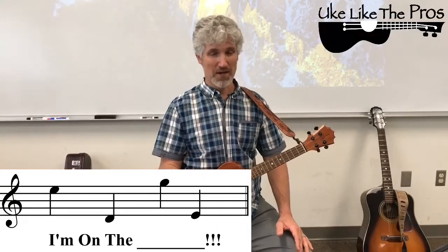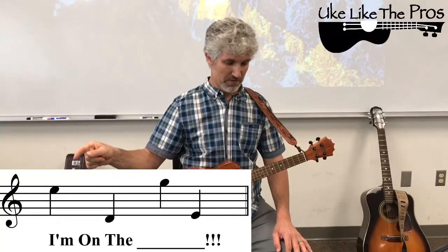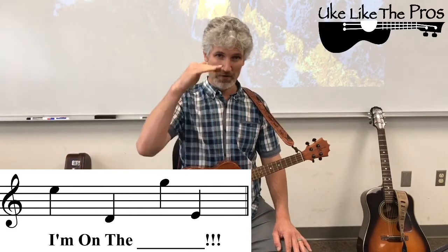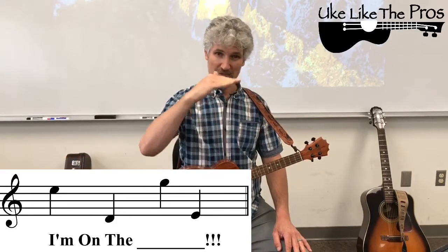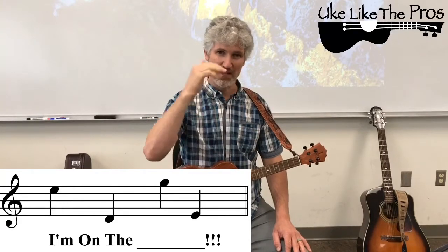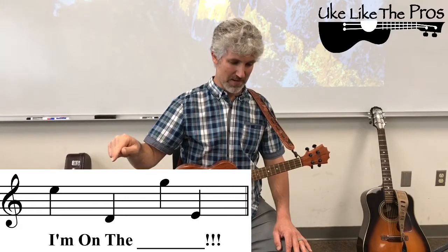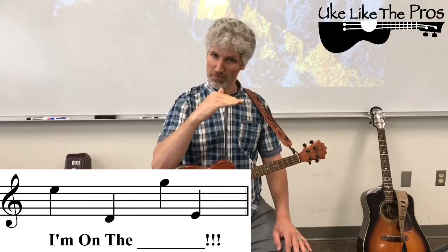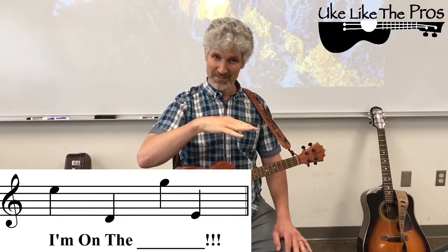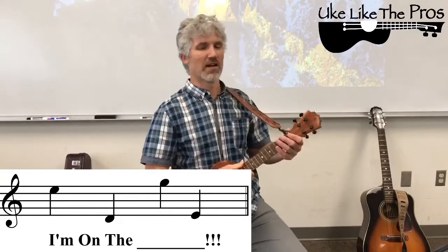For the music reading, you would obviously have to understand how to read music. So let's just go over these real quick. The first note is E, because that's on the fourth space going up. F-A-C-E, right? Face, that's our formula for notes on the spaces. So that's E. Next note is below the first line. The first line is E, it goes below it, so that's D. So you probably got it, right? It's like Wheel of Fortune. E, D, I can name